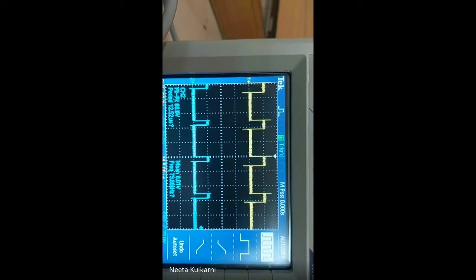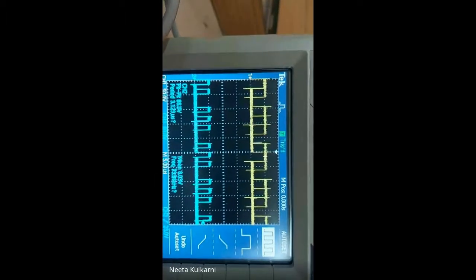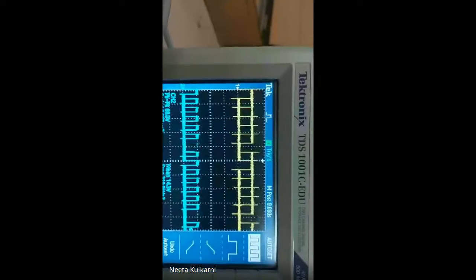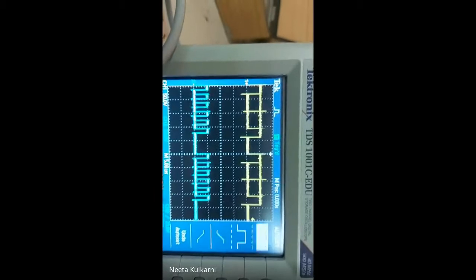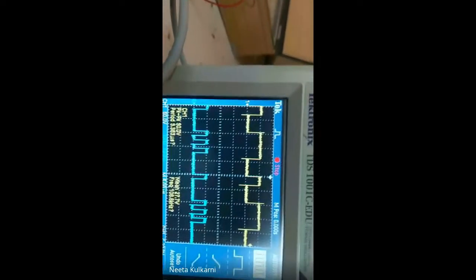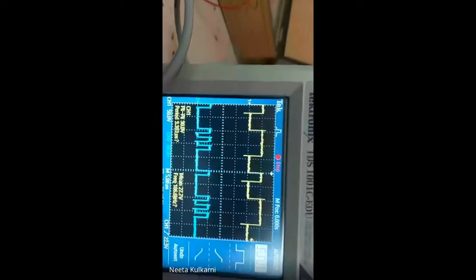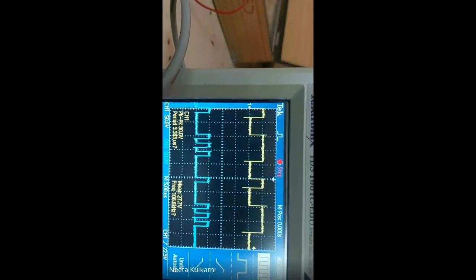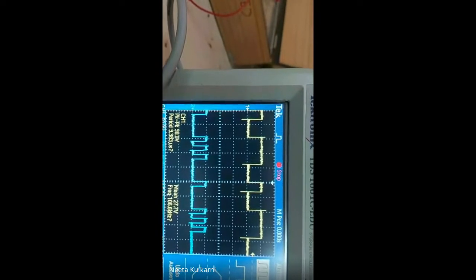Now if I change the input bits, if I change our basic data stream to 1 0 0 1, accordingly our output changes. So if I stop this waveform, you can see the same bits are there, but for this RZ format, after half the part it is returning to 0, and for NRZ it is continued. 1 is represented as 1, 0 is represented as 0.